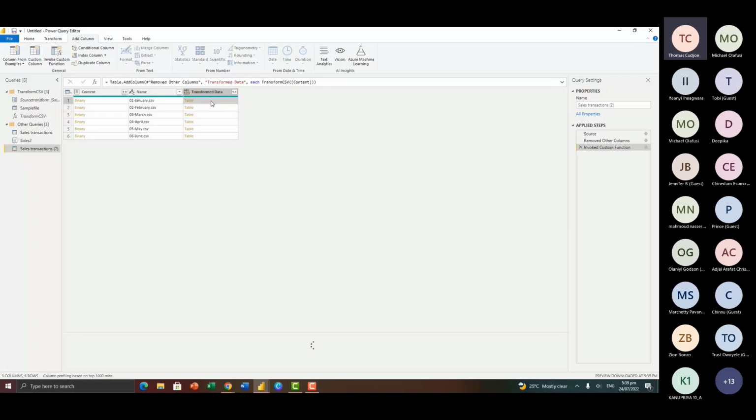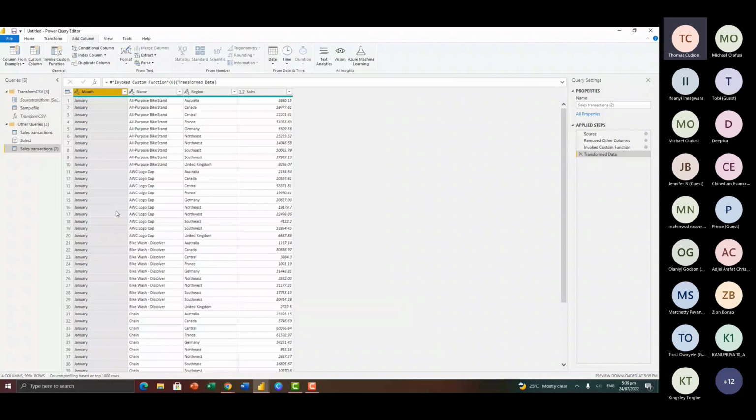So now when you click on it, you see how the data looks like. So you see that here we have the month, the name, the region, and the source, which is the same as the sample file. When I select this, you see the February. When you select this, you see the March. When you select this, you see the April, you see the May, and then you see the June. So here we have been able to transform all the queries here by reusing the function that we have created. So here, if I want to combine everything and then expand it, I can click on this. Or if I'm interested in an individual file, I just click on this. This is going to expand and you'll be able to see the data here. So you can see that this is for January.